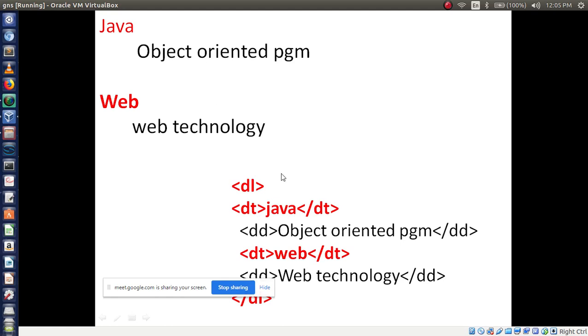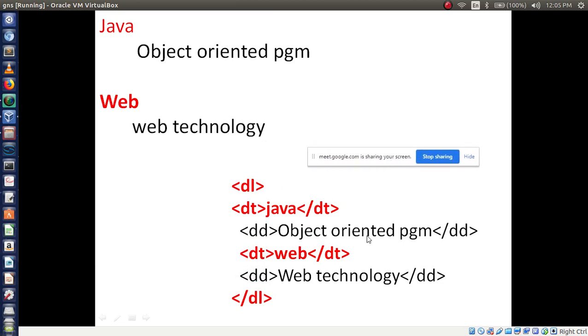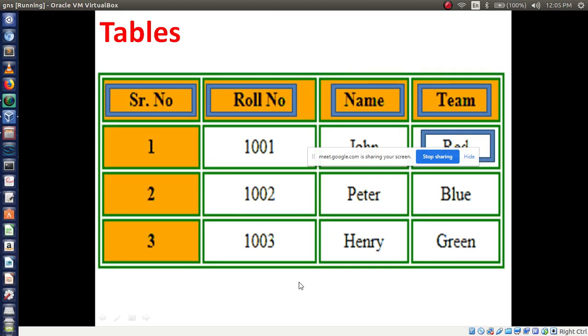Then the description of Java, we have to write in the DD tag, that is object oriented program. Then I want to use one more word, so I have to define it in the DT tag, web, then followed by the data definition or description, web technology. So this is about the data definition list.